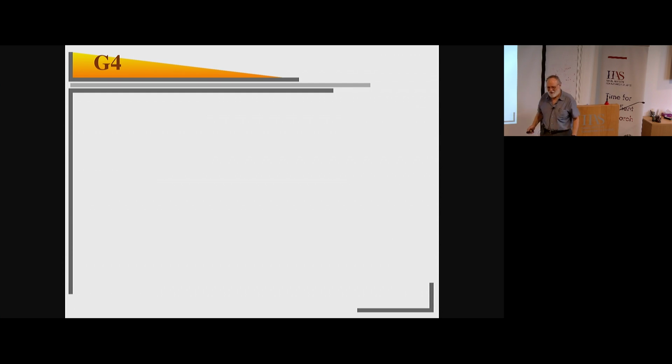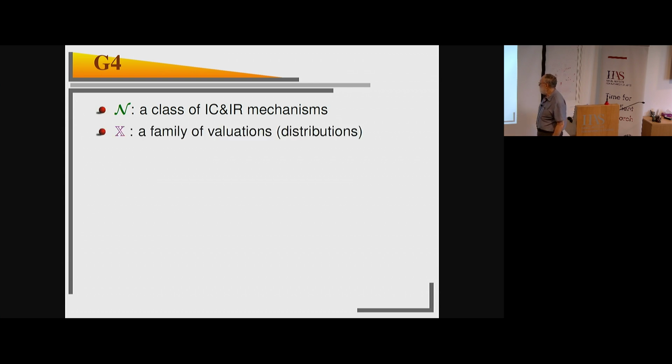Okay, so what is G4? So assume that you are given a class of mechanisms. Now, when I say mechanism, it's always IC and IR. I mean, we don't think about something else. So let script N be a class of IC and IR mechanisms, okay? Let X be a family of valuations, okay? So distributions on R^K plus,